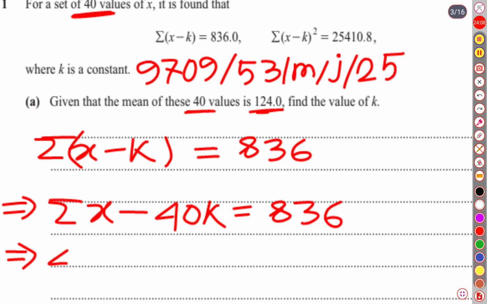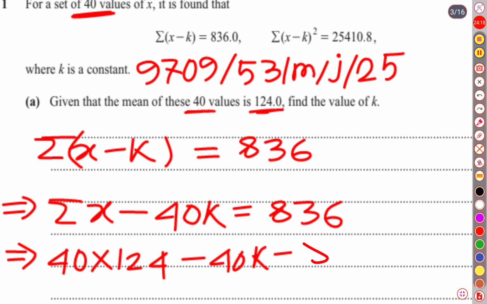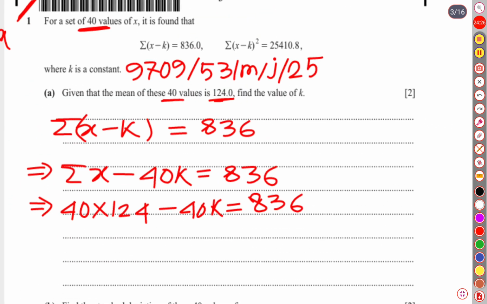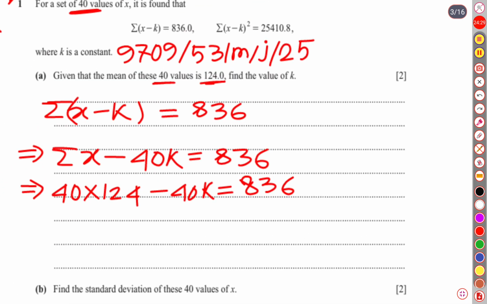So the total value of x is going to be 40 into 124, minus 40k, is equal to 836. Hence, if we simplify and isolate k, our k is going to be